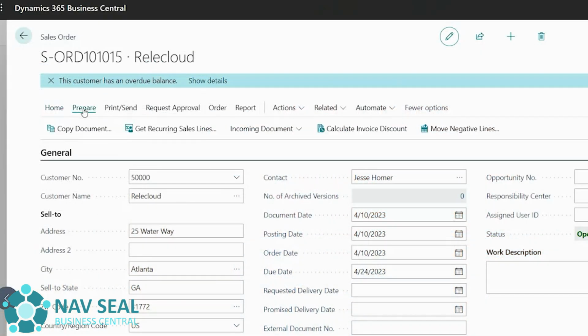So now let's say, for example, that we didn't define it to ask us, but that we wanted to manually go each time and select and see if there are recurring sales lines that we might want to add to the order. Well, that will be done through prepare. And right here we have get recurring sales lines. So if we go ahead and click here,